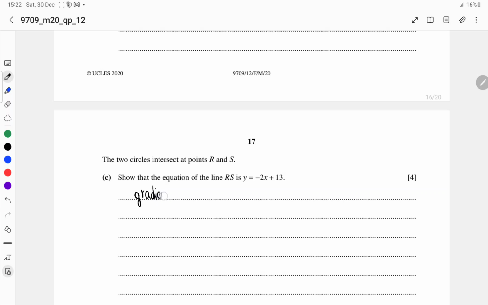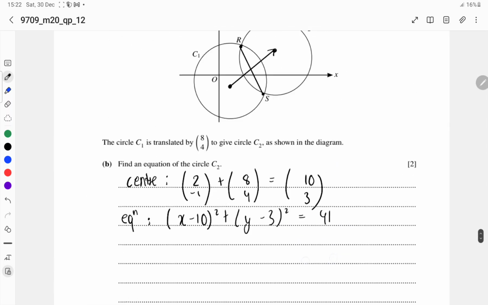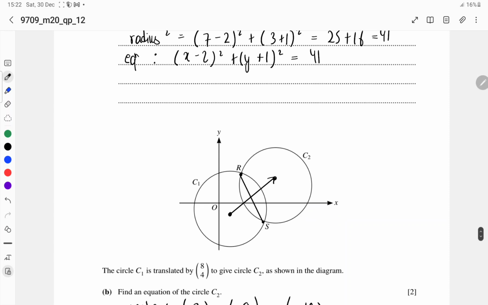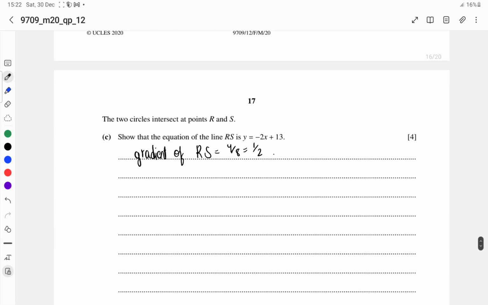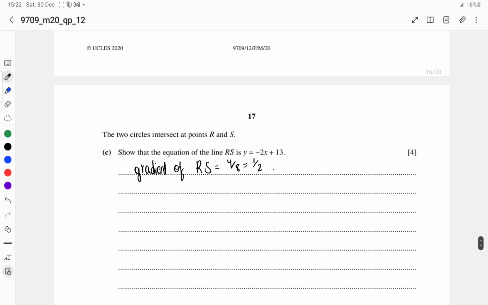Gradient of RS will be equal to 4 over 8, which will be equal to 1 over 2. Just think about it, right? Because the circle has been translated by this point side, so it should be this, right? Because they are passing through the same point, and after the translation the vector is just like that. So the gradient of RS is 1 over 2, and so we need to find the equation of line RS,